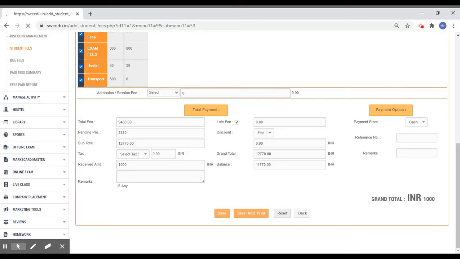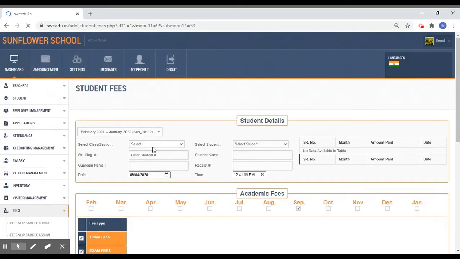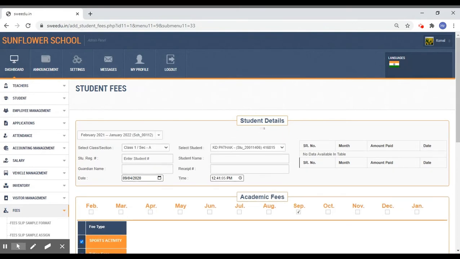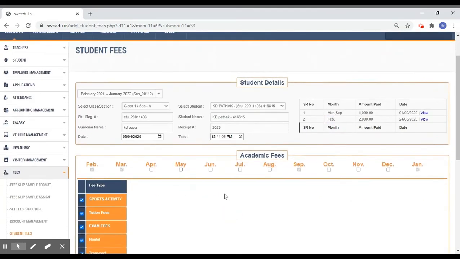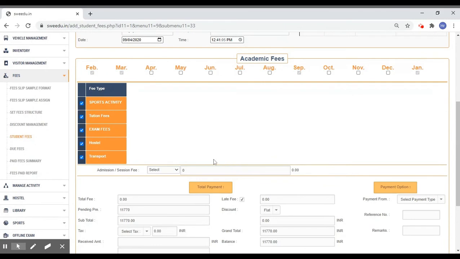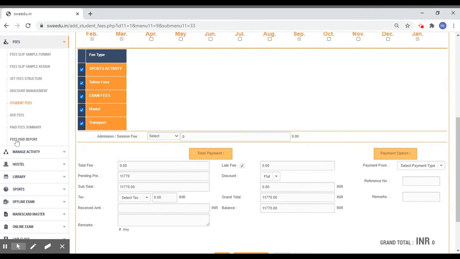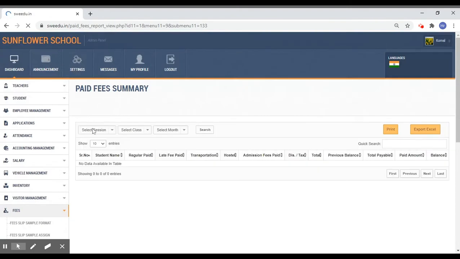The paid fees record can also be viewed and printed along with the month for which the fees is paid. In fees paid summary, transaction-wise fees payment report can be viewed and the print of the same can be taken.